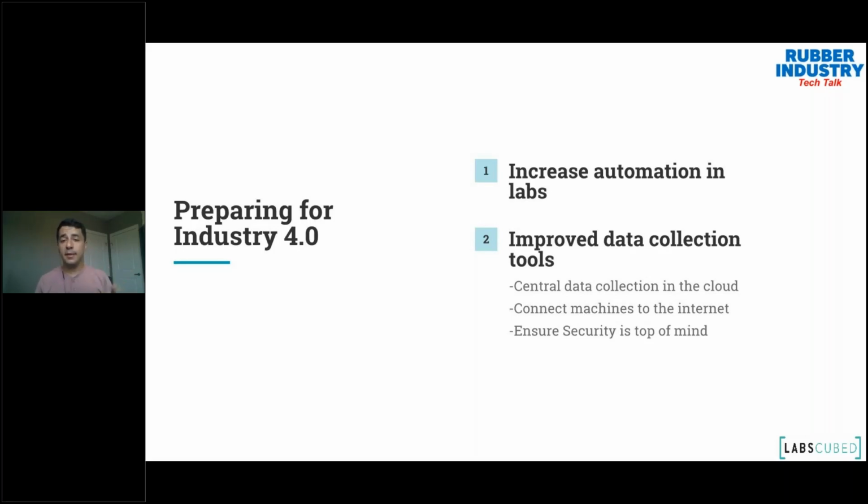And that can be anything. It doesn't have to be what we have. There's other offerings out there that might be more important to you. Maybe hardness is more important. Maybe the rheology data is more important. Whatever is important to you, look at that and see if there's potential to automate.